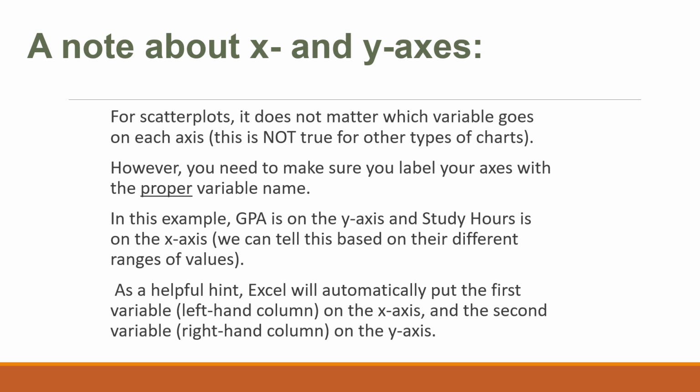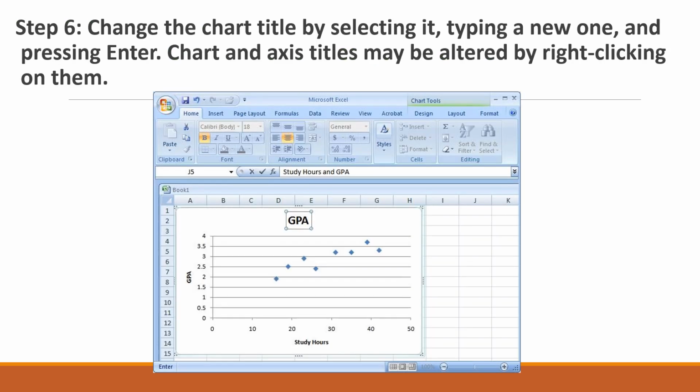ranges or values. So as a helpful hint, Excel will automatically put the first variable, in the left hand column, on the x-axis, while the second variable, which is in the right hand column, on the y-axis. So we should take note whichever column we want to appear as vertical or horizontal column. We should remember the left hand and right hand column rule. And now